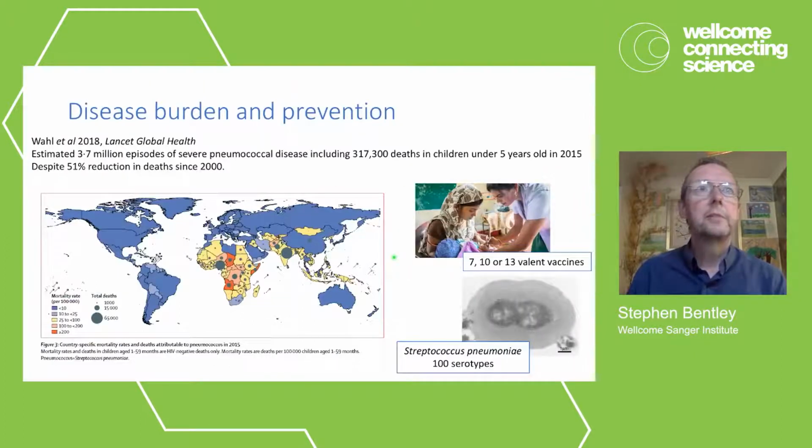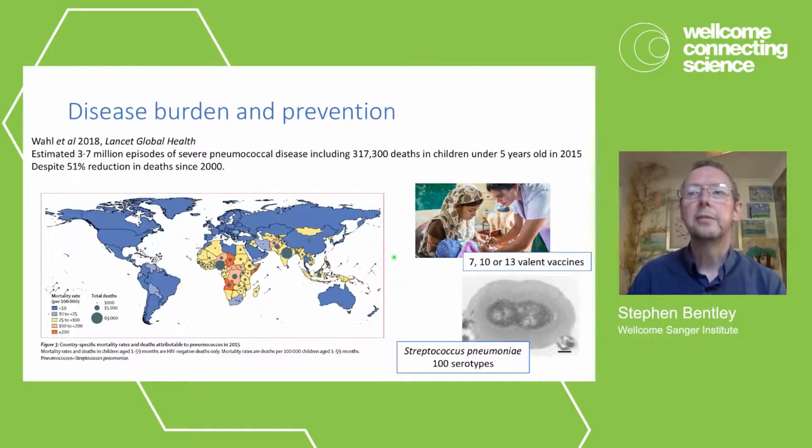So to begin with, let's look at the motivation. The pathogen itself, Streptococcus pneumoniae, is a major cause of disease globally. In 2018 there was a report that estimated that there had been 3.7 million episodes of severe pneumococcal disease, including over 300,000 deaths, and that's just in children under the age of 5 and just in the year 2015. And that is despite a big reduction in the numbers of deaths that's happened since vaccines have been introduced widely